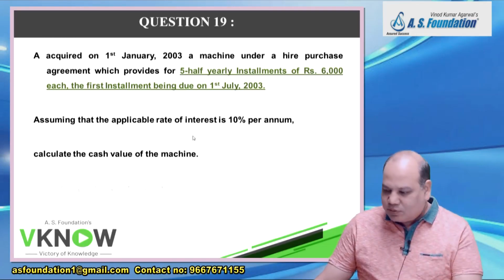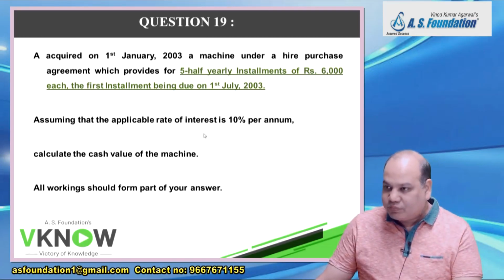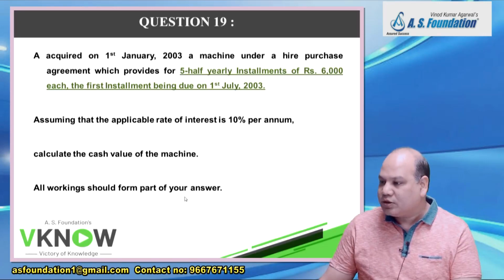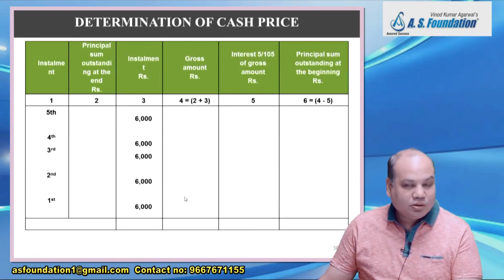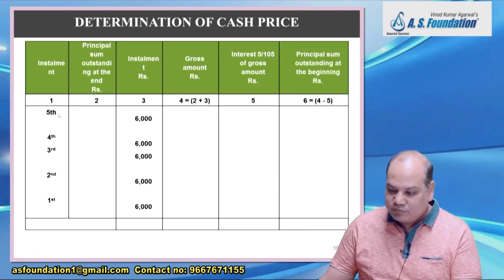This question is from May 2003 exam. All working should form part of your answer. Start. Heading, write down determination of cash price. Do we have any cash down in this problem? We don't have cash down in this problem. Okay, so you write